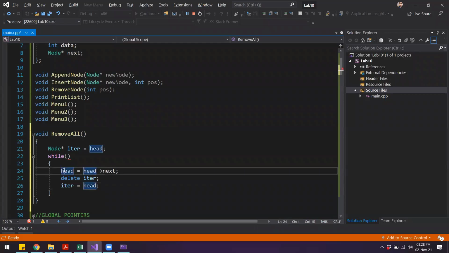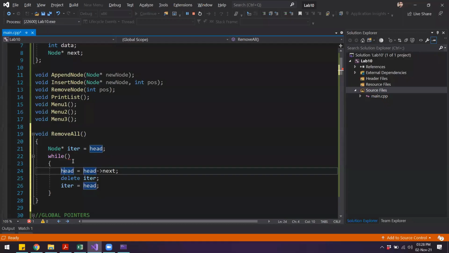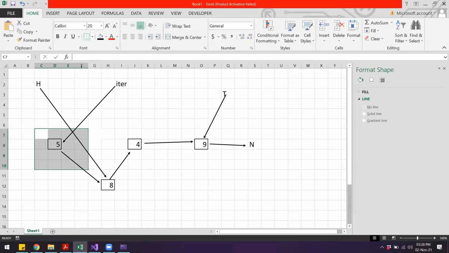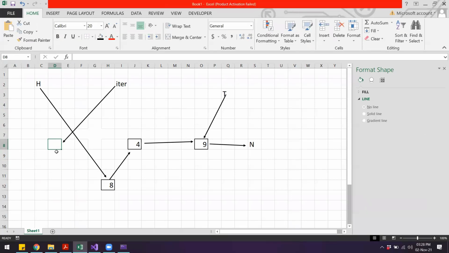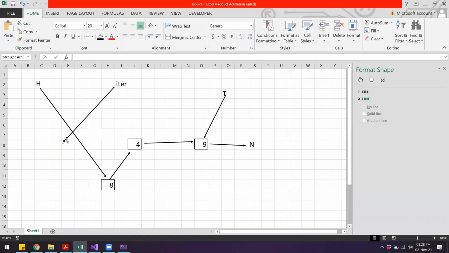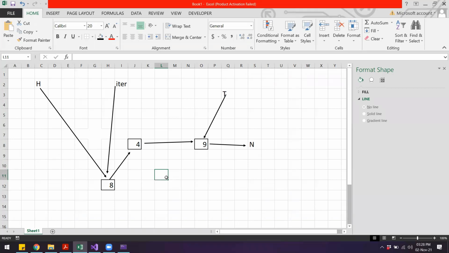We make the head pointer point to the next one, which is over here. Then we delete the iterator, so we delete this particular node. Then we make the iterator point to head. You will notice that the list is now getting smaller.